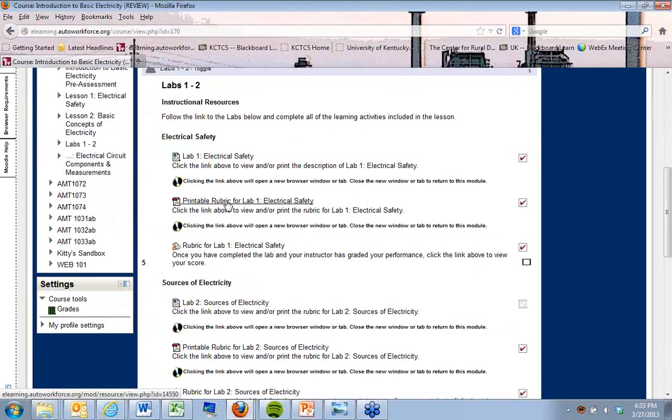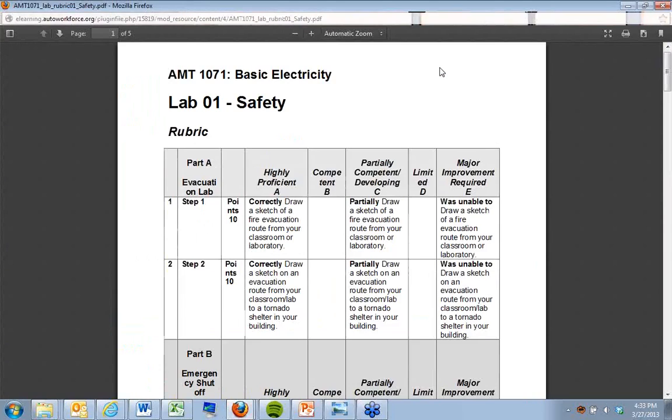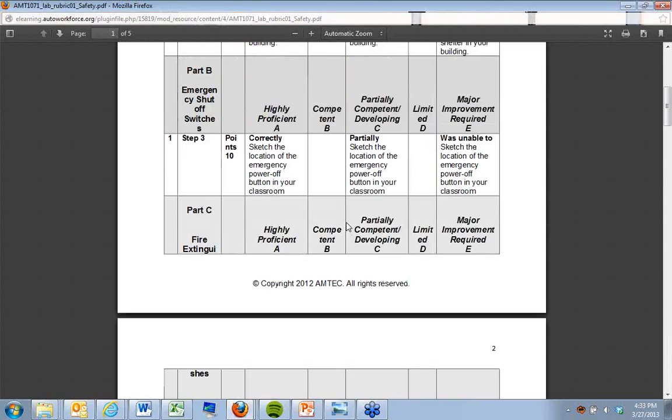We also provide them with a printable rubric that shows them how they're going to be scored when they get to the lab. As most of you know, in the flipped classroom, it's absolutely essential that you establish what the expectations are for the student. So we've explicitly detailed step 1, step 2, through multiple steps,